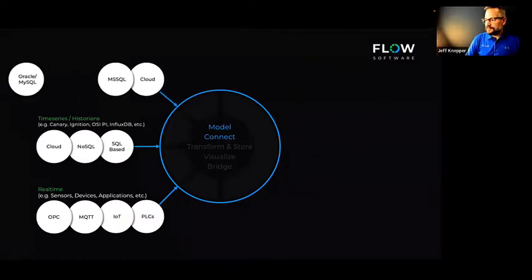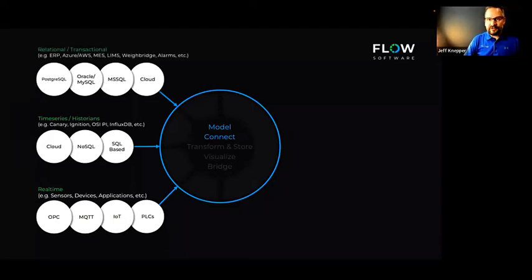Once I've connected those, then I've got the grab bag, if you will, of my relational or transactional data sources. So think of all of the other solutions inside of my operation, my MES systems, LIM systems, ERP solutions. It could be something as simple as a Waybridge or an alarm database, or it could be something a bit more advanced, Azure, AWS databases. I can connect PostgreSQL, Oracle, MySQL, MS SQL, Cloud. Whatever it is that is transactional or relational, I need to be able to go grab it and bring it